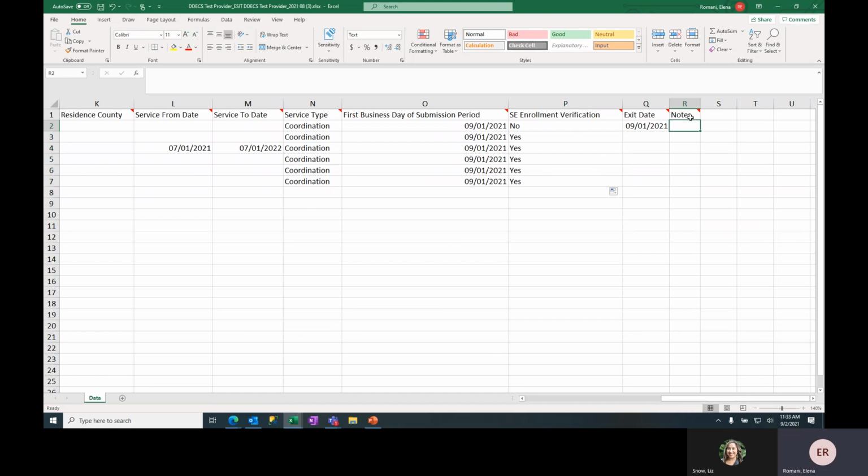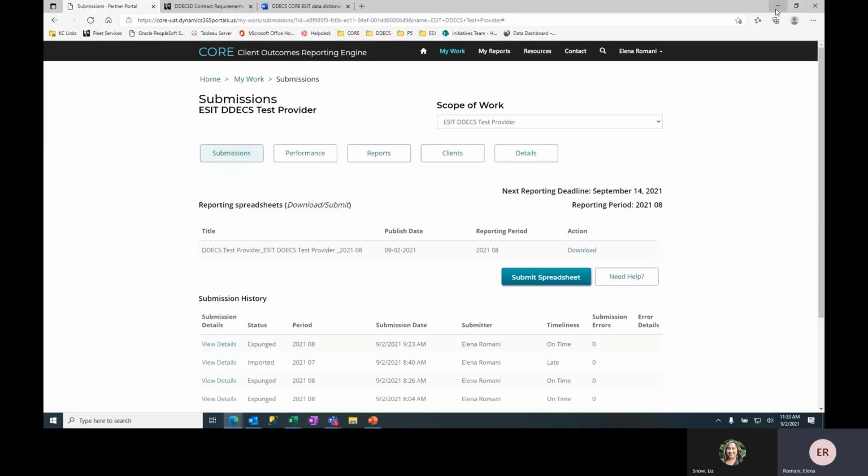And then there's a notes field as well, if there are any notes that you want to share with program managers or fiscal staff for these clients in particular. So when you're done filling this out, you would just save it again and then go back to the core portal and you're ready to submit your spreadsheet. So you would click submit here